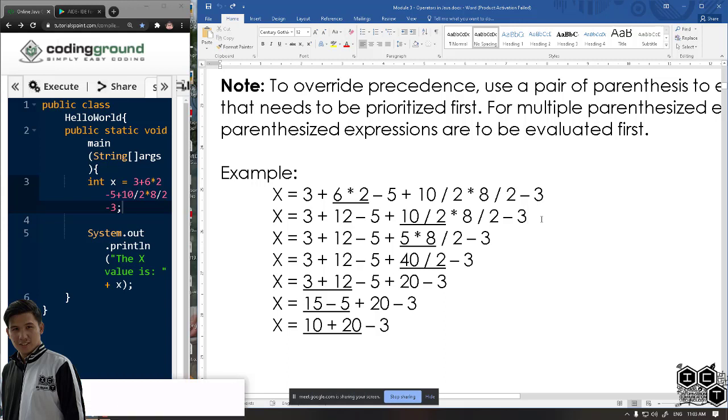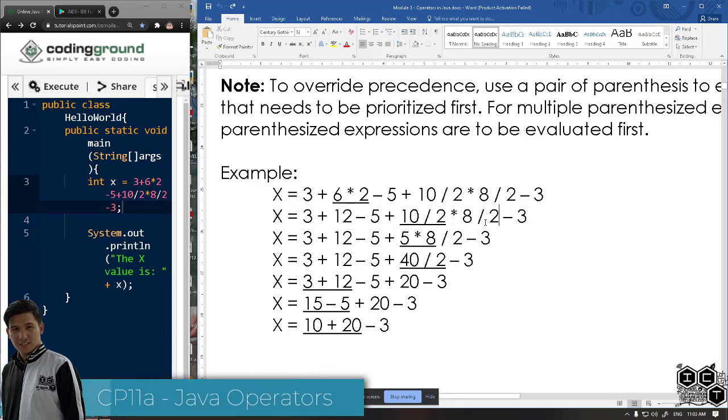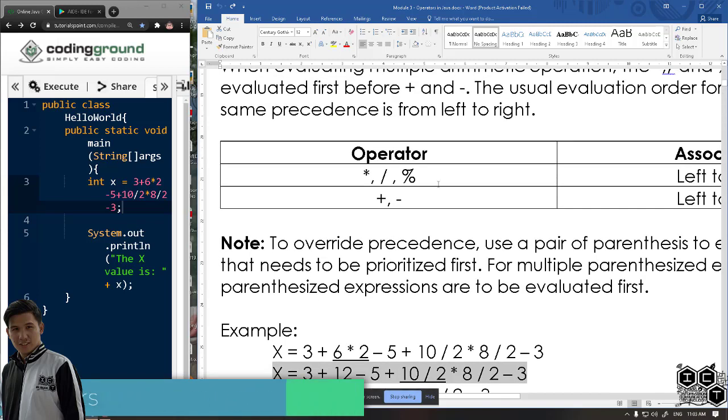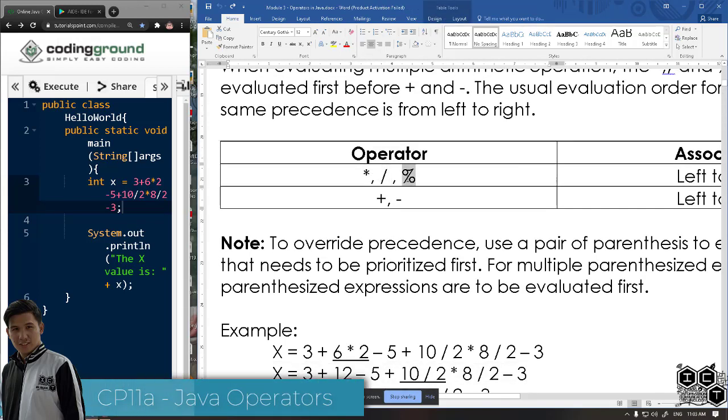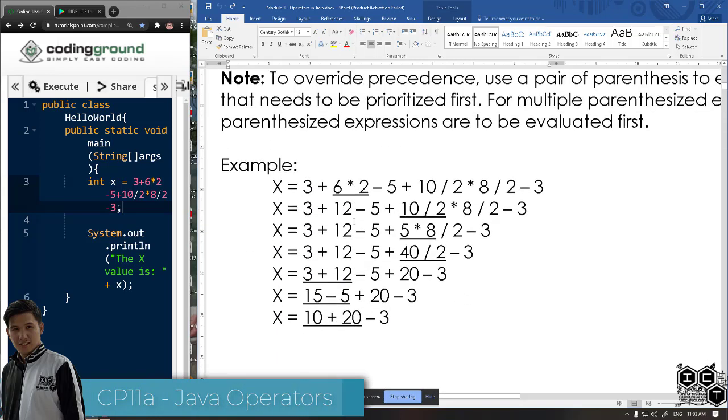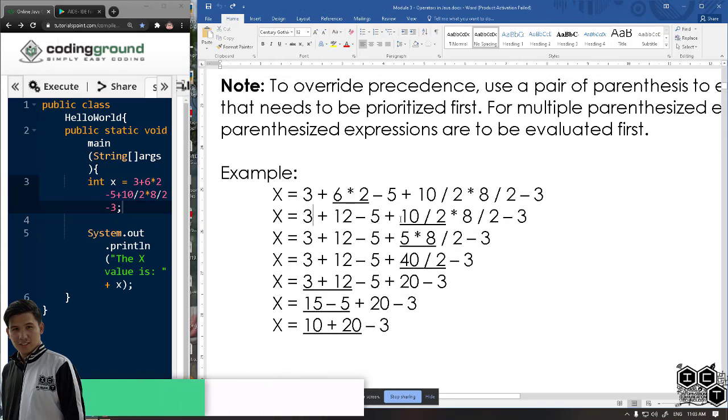That's it. Okay. Next. Kung ina-analyze nyo maigi yan, tingin tayo dito ng, according to the precedence rule, multiplication, division, modulo. Yan. 3 plus 12 minus 5 plus 10 divided by 2 times 8. Now, maybe you are wondering, sir, bakit nyo inuna si 10 divided by 2 kaysa kay 2 times 8? Bakit nga ba? Kasi in Java,